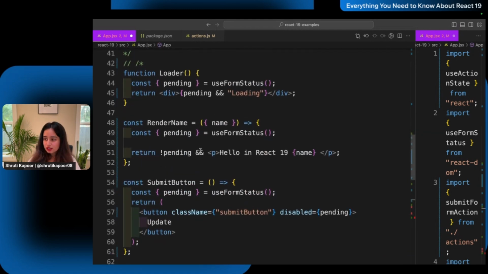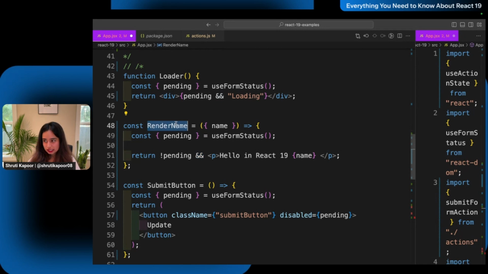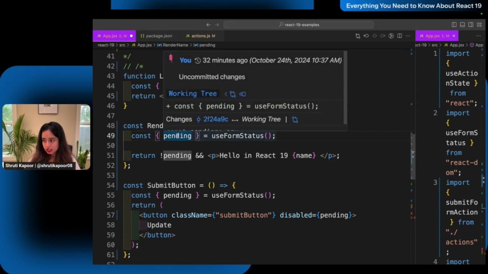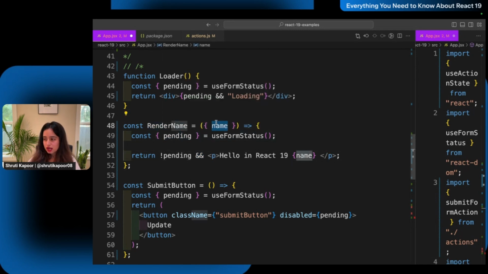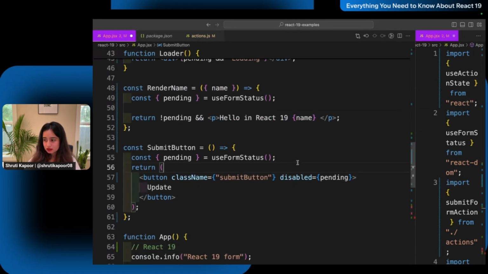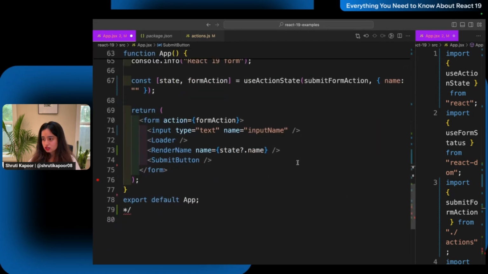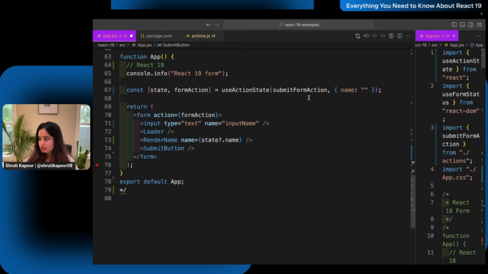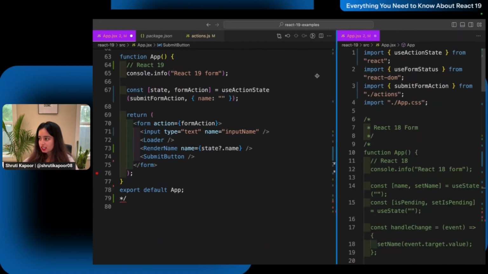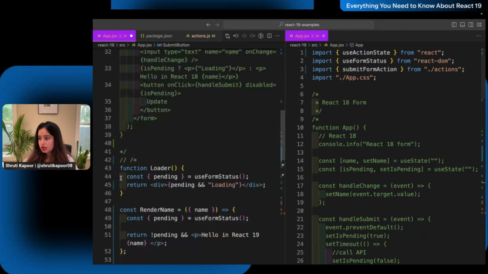Now, in order to render data on the page, I have this render component where I'm just looking for the pending state, and I've gotten the data back out of the name parameter, and I'm rendering this. So it looks super simple. You might feel like there might be a lot of changes, so let me show it to you side by side, showing the difference between the React 19 and React 18 form. Let me uncomment this